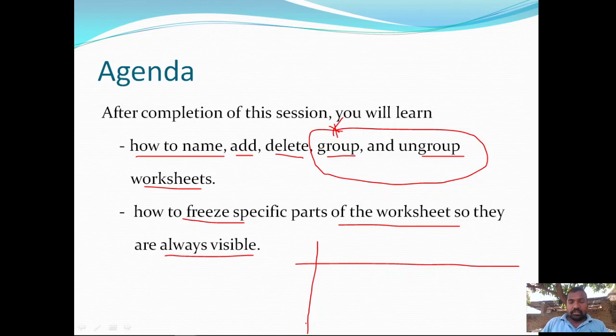So let us start with worksheets, naming, and all those things. Then we talk about the freezing option next.